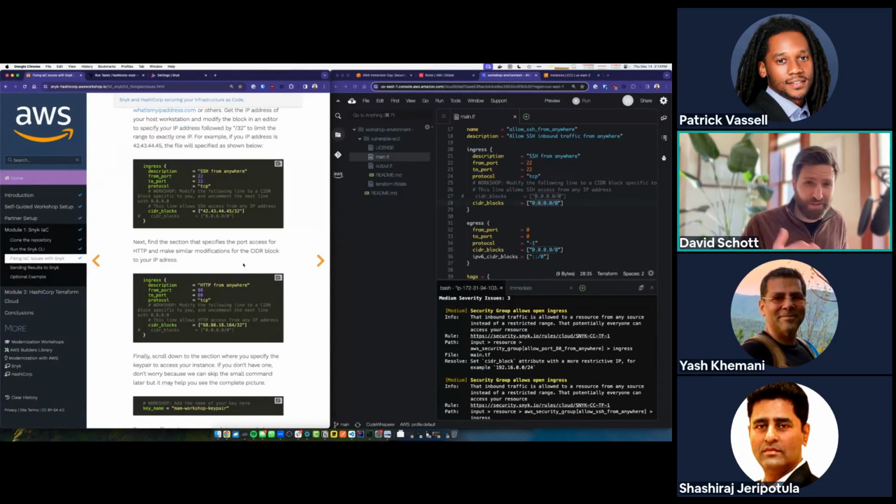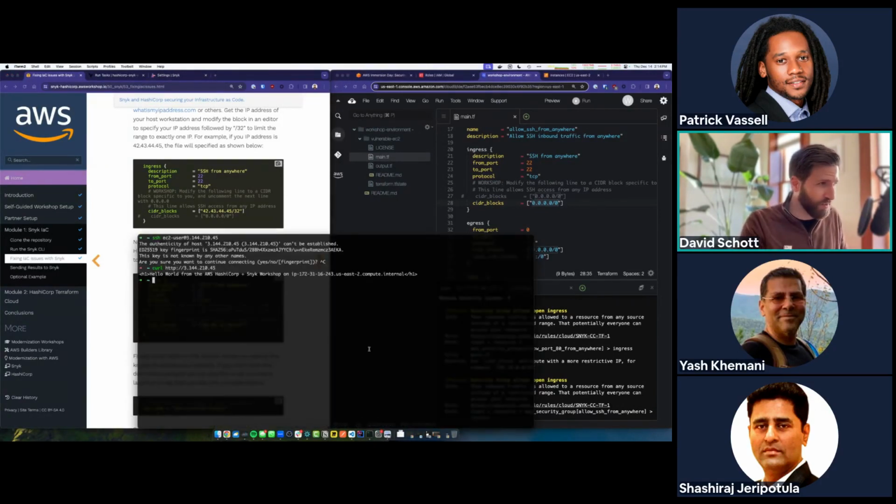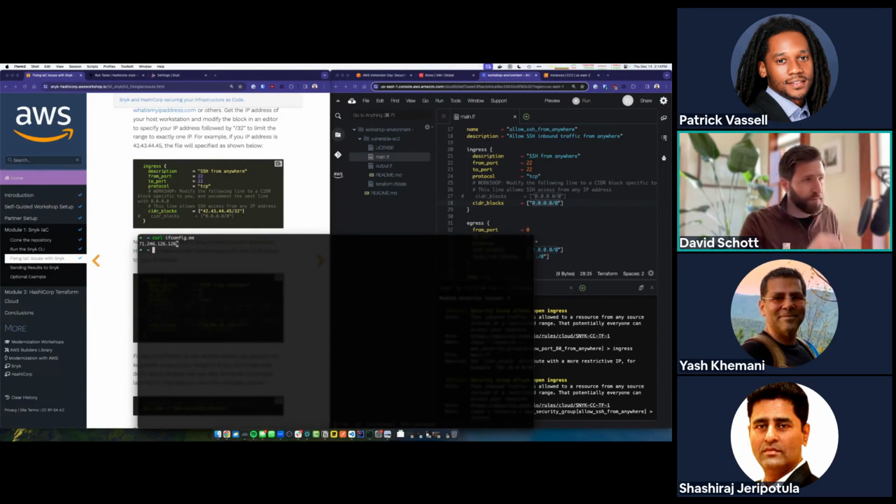Now is a good time to open up a web browser tab and search, what is my IP address? Or if you're good with a terminal, it really depends on your operating system, but there are ways to get your own IP. If you're on a Mac like me, there's a little trick. It's curl ifconfig.me, and that'll give you your public IP address that you can copy.